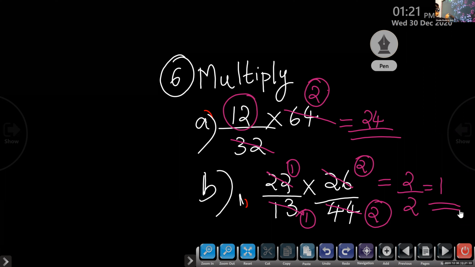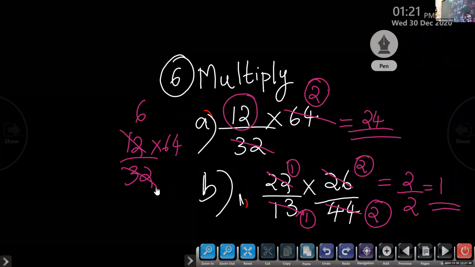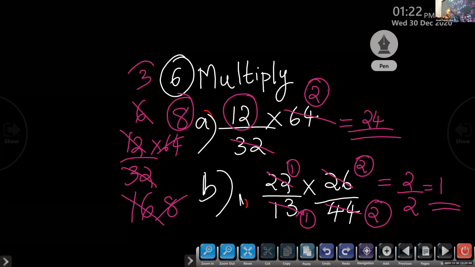Check. If I want to divide 12 by 32, first what will I do? Here it is 64. If I divide 12 by 2, I will get 6. Here if I divide by 2, what will I get? 16. Ma'am, we can divide by 4. Again, if I divide by 2, I will get 3. Here 8 2s are 16. Now here 8 and 64, 8 again. 8 into 3 is 24, you will get.